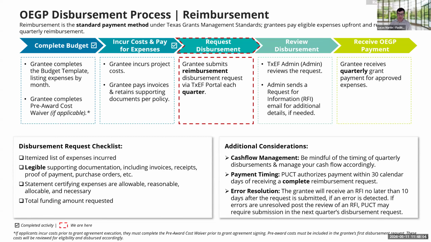We'll spend the next couple of slides talking about Texas grants management standards: reasonable, allocable, necessary, and eligible, allowable expenditures. But I do want to note here that we have a checklist on the left-hand side as it relates to including invoices, receipts, and proof of payment, purchase orders, specifically around the supporting documentation. But I want to spend a little more time here as we pivot to the next slide as it relates to